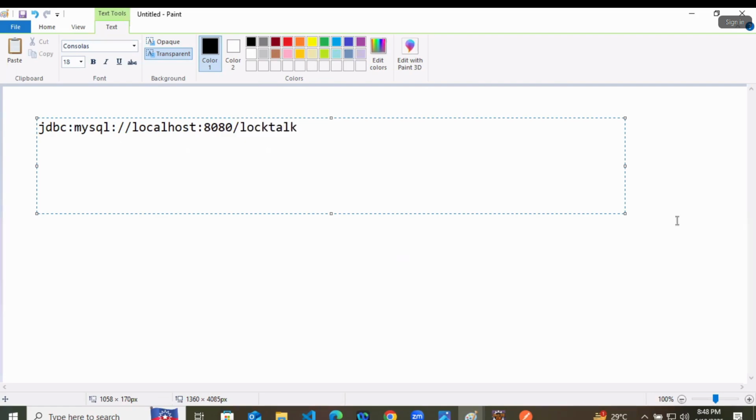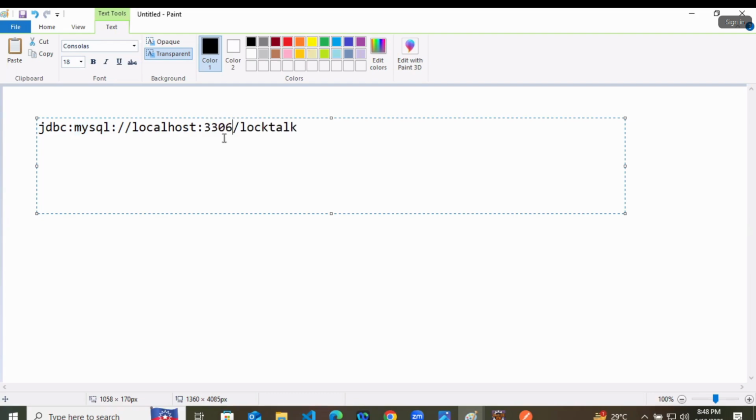Means our Spring Boot app will try to communicate to JDBC. Then using JDBC, it will try to communicate to a MySQL database where it is running. It is running on localhost 3306.